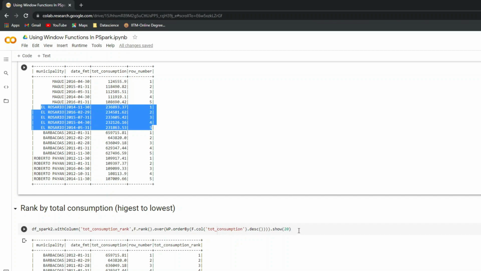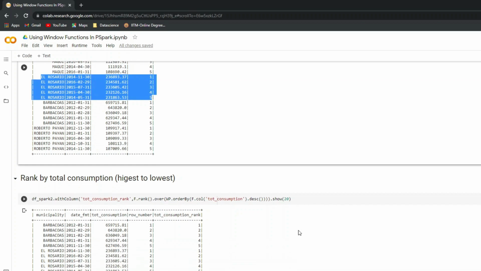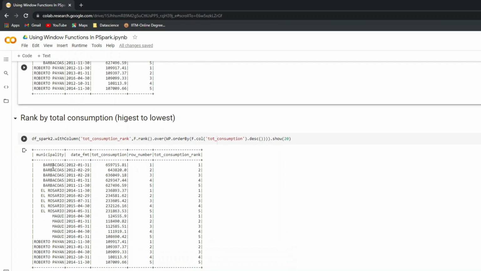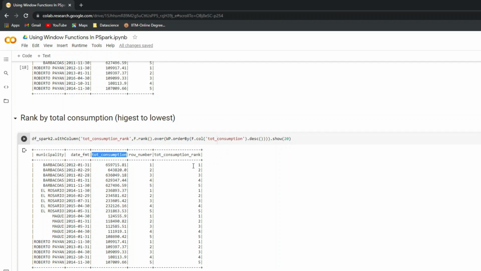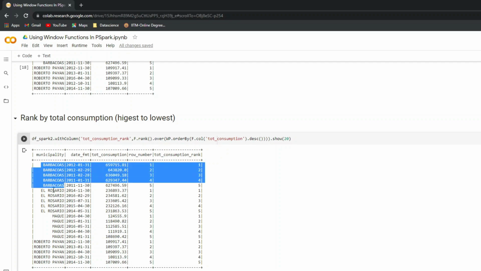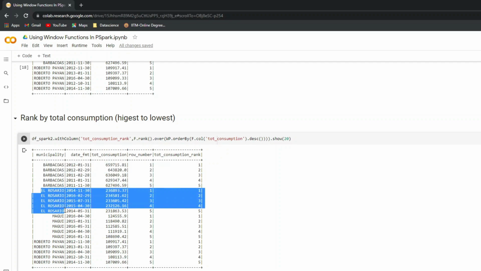And when I say show 20, it will show the top 20 rows. So you can see you have the municipality, a date, and a total consumption, and it has been ranked based on the descending order of total consumption. So this is the highest and this is the lowest for this municipality. Similarly you have it for the others as well.